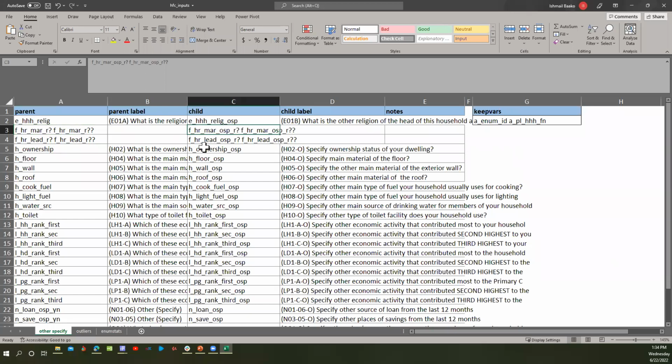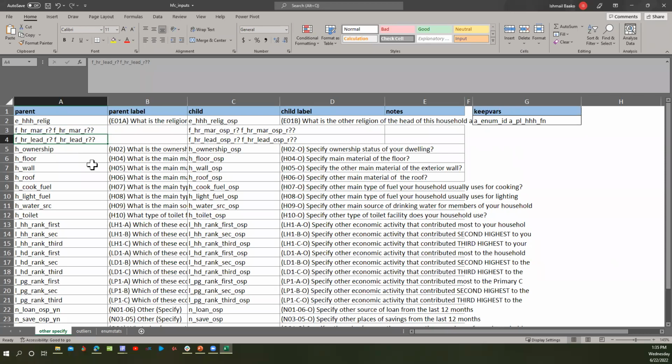Now you need to be a little bit careful here. Those of you who are very familiar with wildcards may be wondering why I didn't use a star. The command would expand the variables, and when you use a star, it may overexpand it, especially with the parent variable. You see here that the names of the parent variable and the child variable are very similar. So when you use a star for the parent variable, it would include the child variable when it's trying to figure out what the parent variables are, and it would give you an error saying that the parent variables and the child variables don't match. So it's better to use the question mark because that's a more specific wildcard.